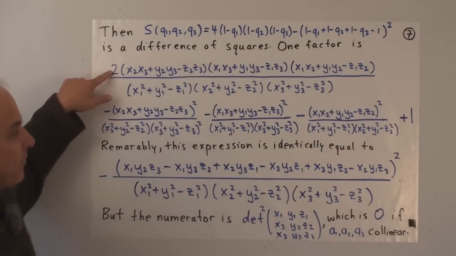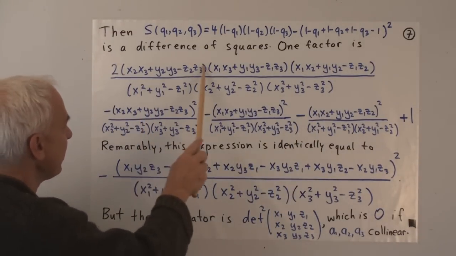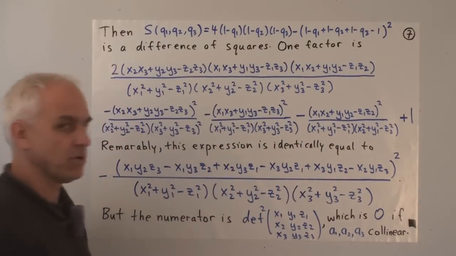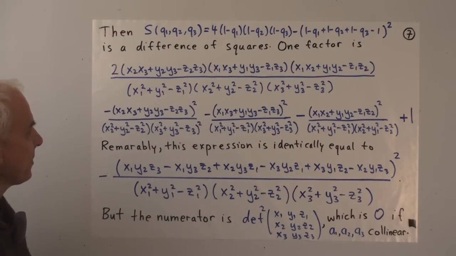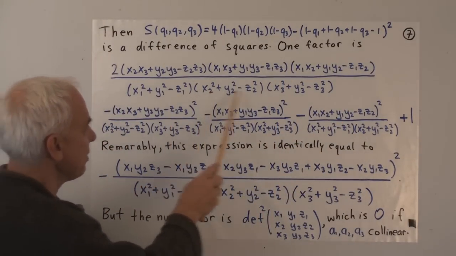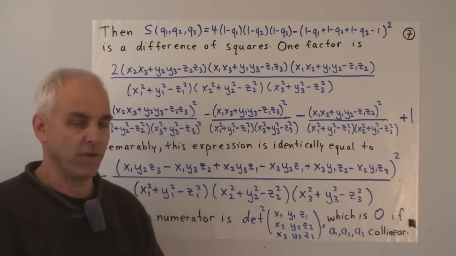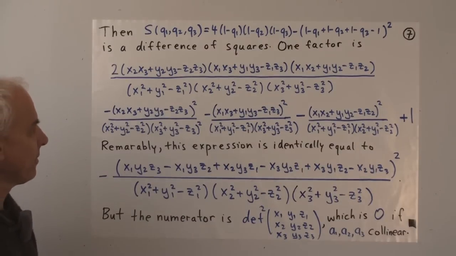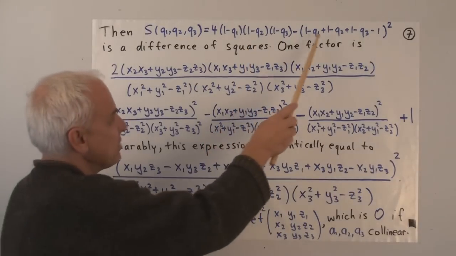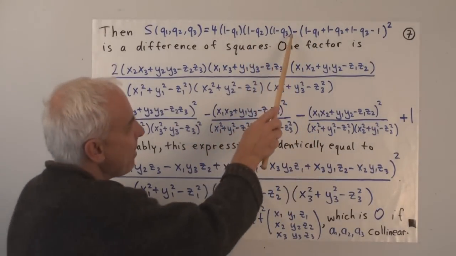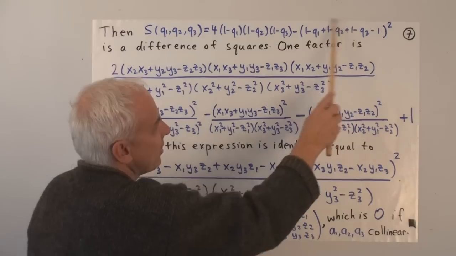So what happened there is this whole thing became the square of this. So 2 squared is 4. And then I remind you that these things here in the numerators all appeared with squares, so we're just removing the squares there. And each of these 3 terms on the bottom occurred twice, and we're now just using it once. So if this is a squared minus b squared, then this is like a. And now we're going to look at minus b. Well, there it is right there, minus b.